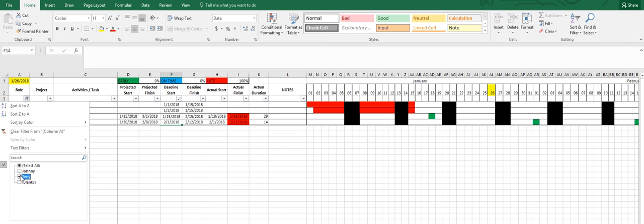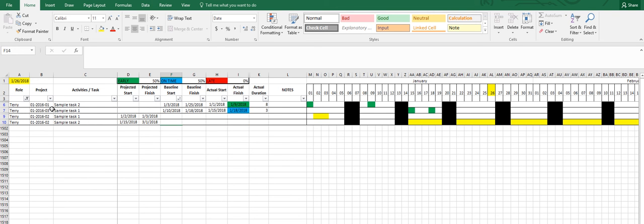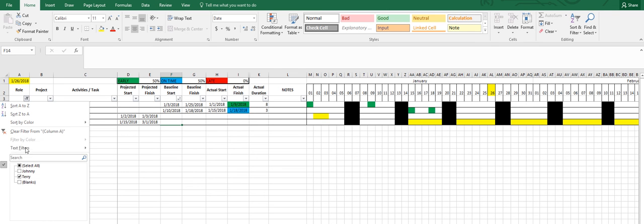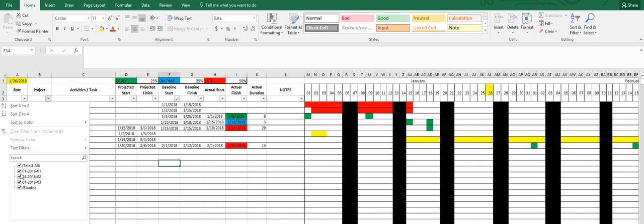If I go to Terry, see Terry, and we can see all of the tasks assigned to Terry. So this is just a simple Excel spreadsheet. Terry's done 2. One's early, one's on time. Terry's doing pretty good. If I wanted to go and isolate out a single project,